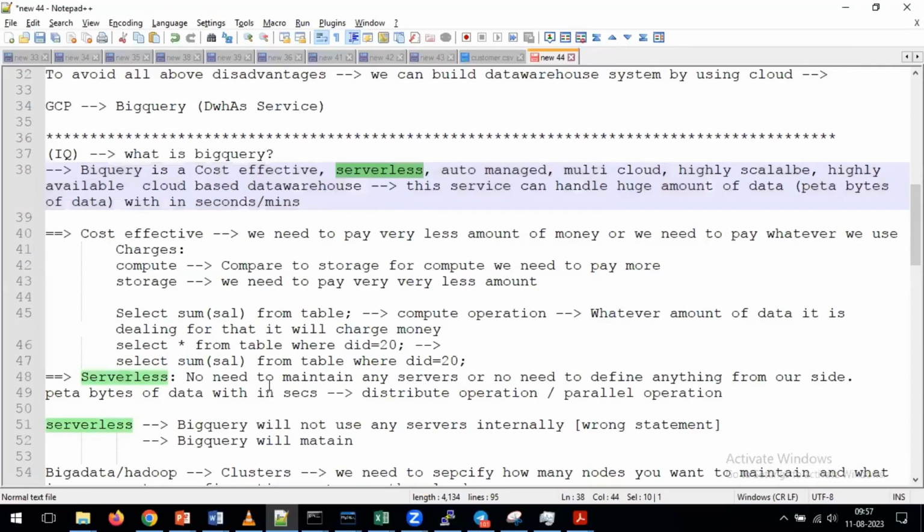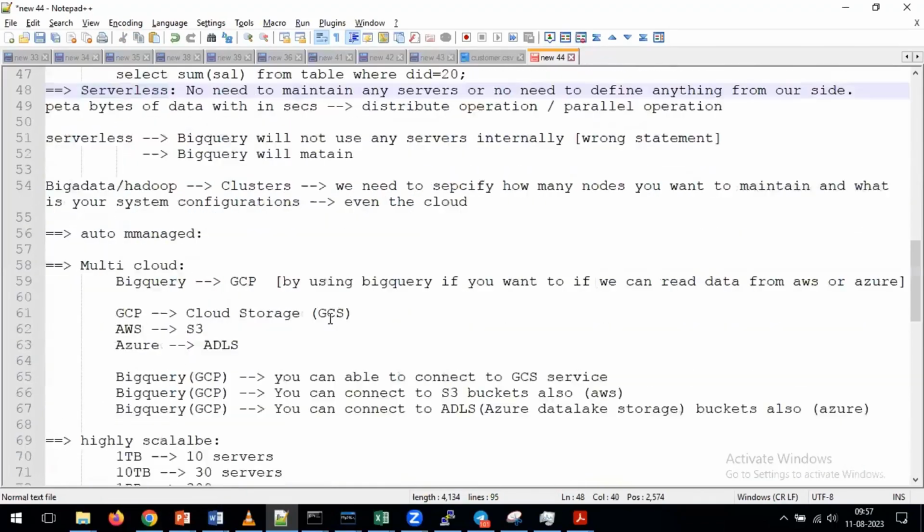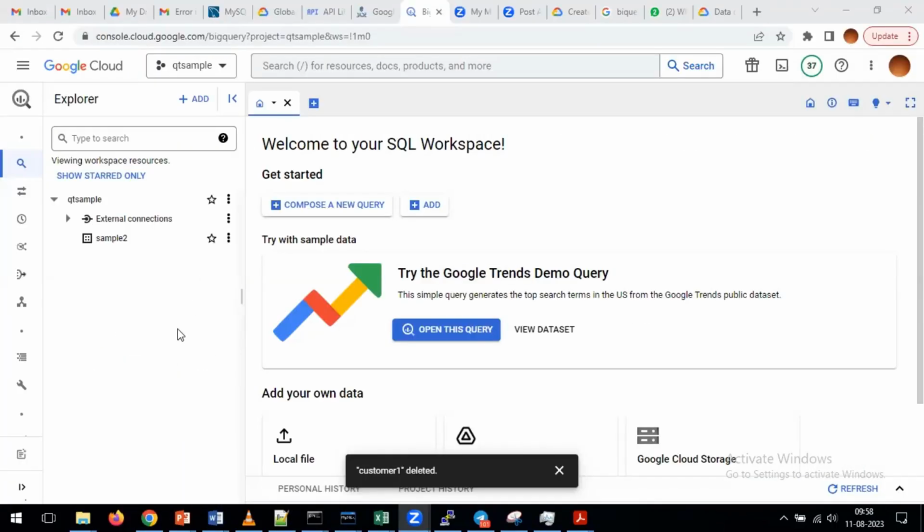With that, you are able to get an overview of BigQuery. Now, for example, I want to open the BigQuery service. Try to give the answer: how do you open the BigQuery service? Now see here, if you want to open any service, what we discussed earlier, we need to go to our